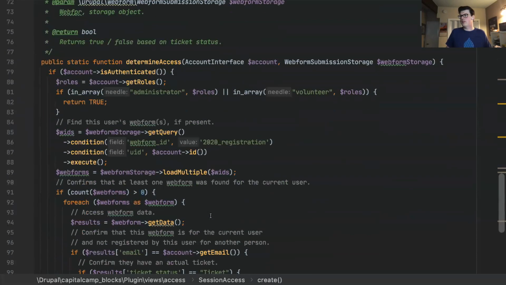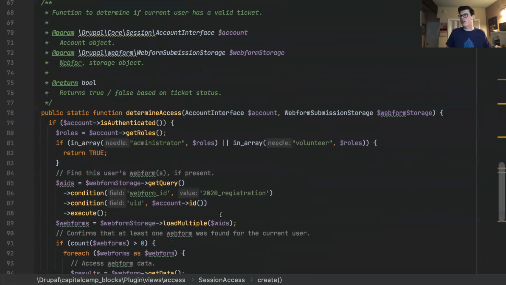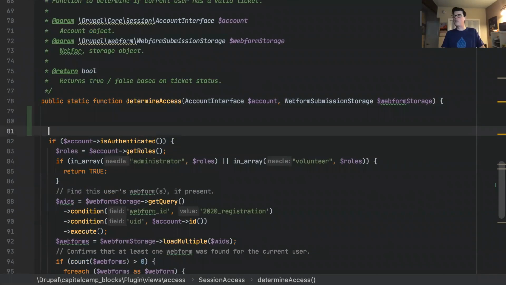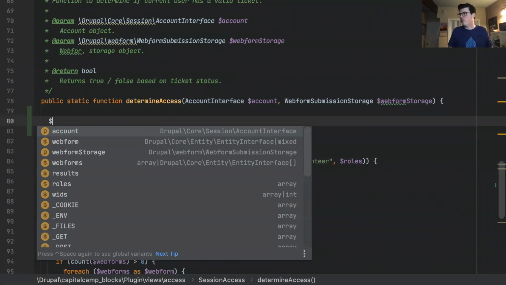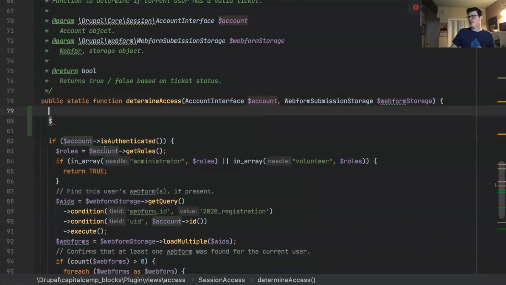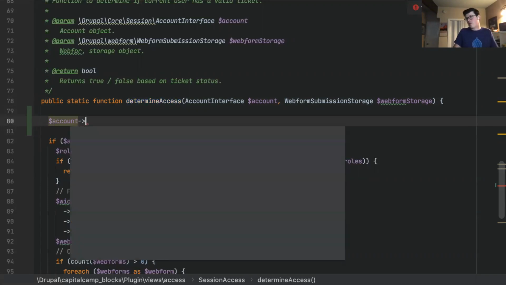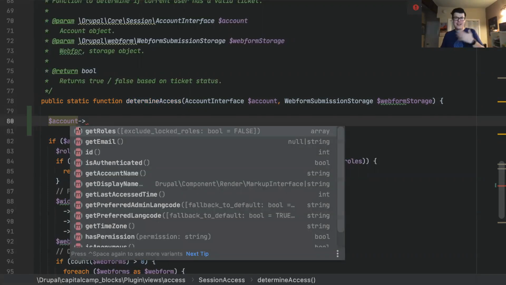Where is the line I wanted to show you guys? Well, I'm sure we'll find something somewhere. Autocomplete, super helpful here. So we've got this account interface variable, which you can see that I'm using in the code. It's actually an account interface object getting passed into this determine access function. Again, because of the way PHPStorm is scanning, because this is hard typed.